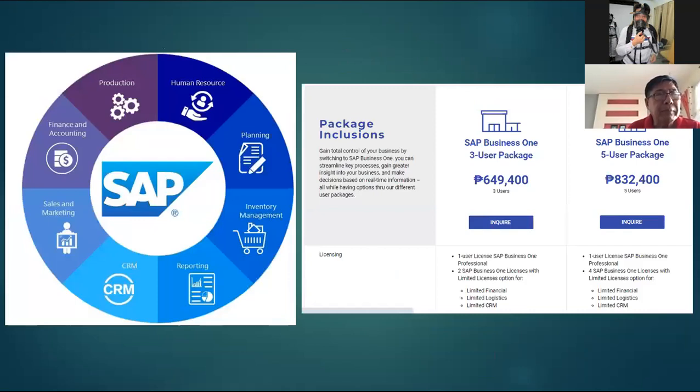So for discussion purposes, I researched how much the subsystems cost, and it is actually expensive. 3 users will cost 649,000 and 5 users will cost around 832,000. I got this from the SAP website, because SAP itself is the ERP we use at Petron. So it is really expensive, right? That is why it is only one user